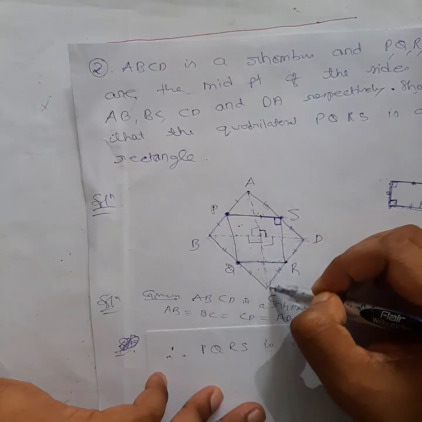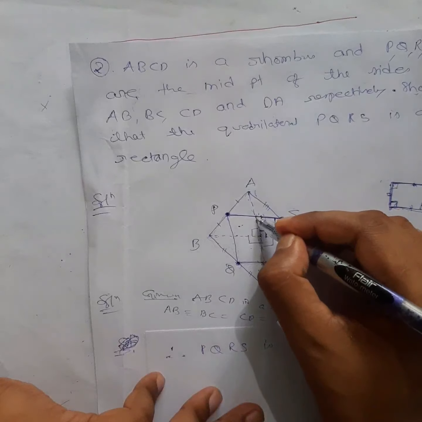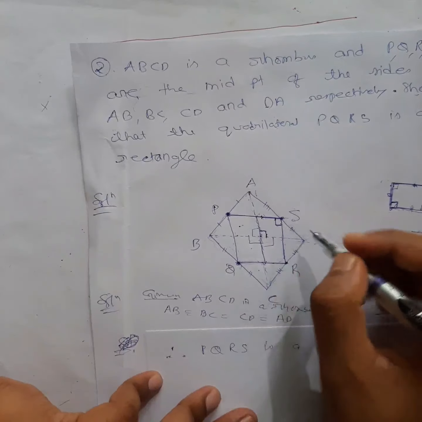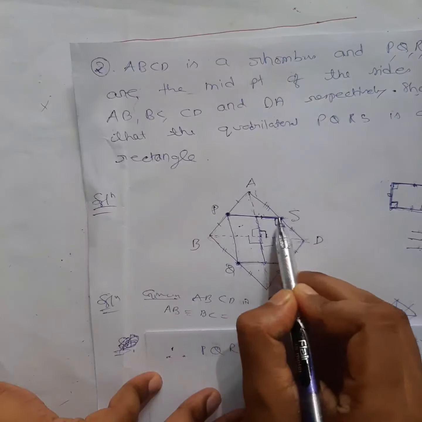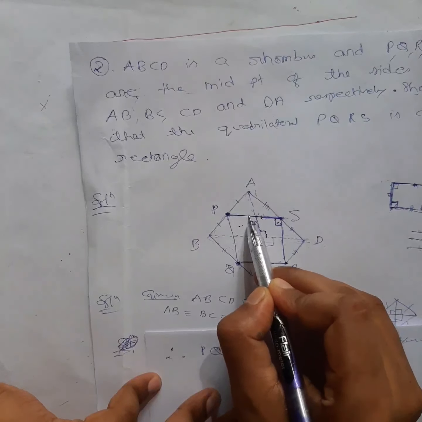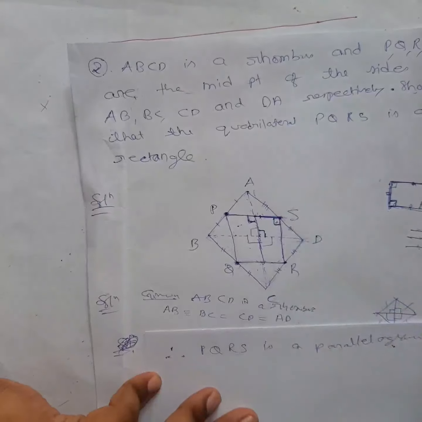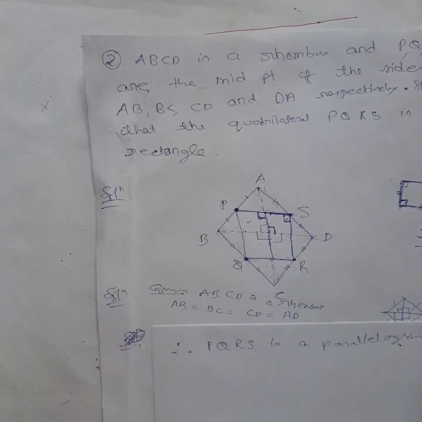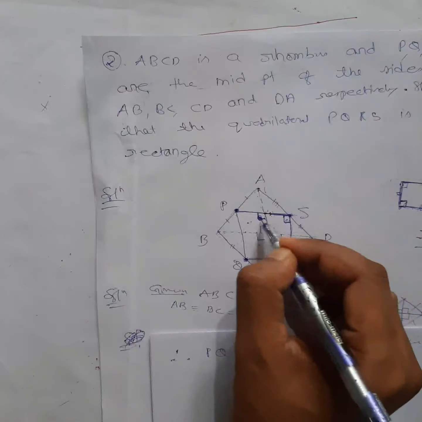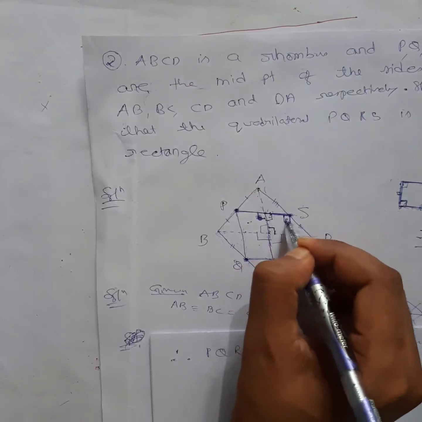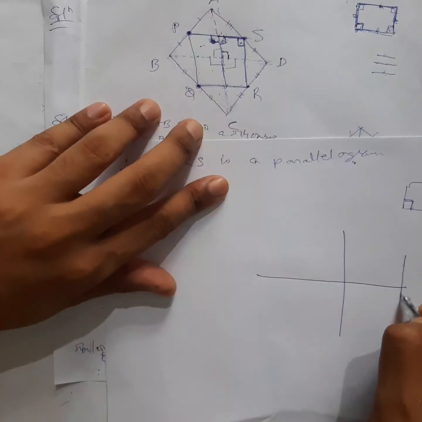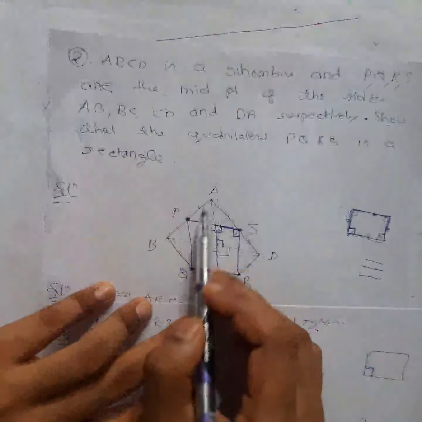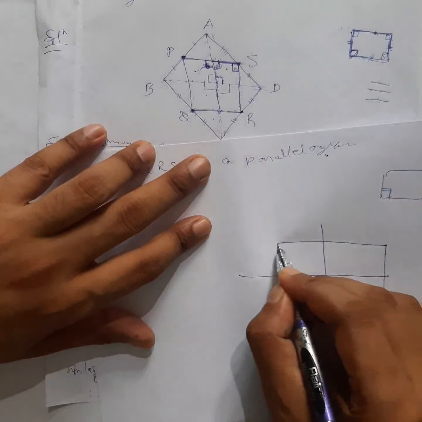RS, is it not parallel to AC? So I can say this line and this line are parallel. See the diagram carefully. If this line is parallel, this will be a transversal, right? If this is a transversal, can I say this angle and this angle are the same? Yes. Corresponding angles, it should be 180 degrees, right? Let me draw separately here, otherwise it will become a little dirty. So only this part I will draw, because I need this one only.